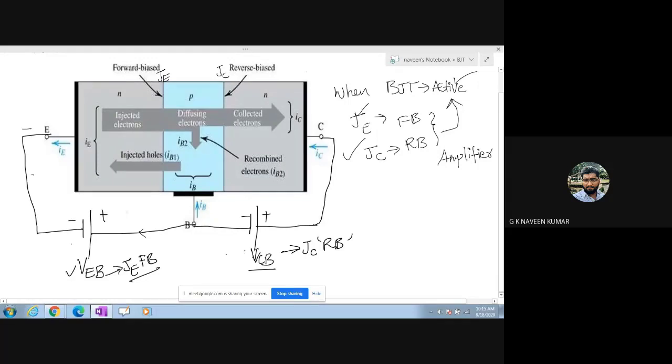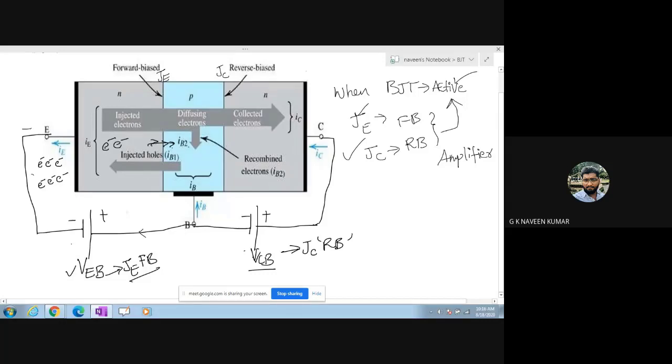Remember this. What happens? Whenever this is positive and this is negative, more number of electrons will be injected. If it is more negative, more number of electrons will be injected through this terminal. So more electrons will be flowing through this terminal. As majority carriers of electrons are already there here, electrons start flowing from here to here.